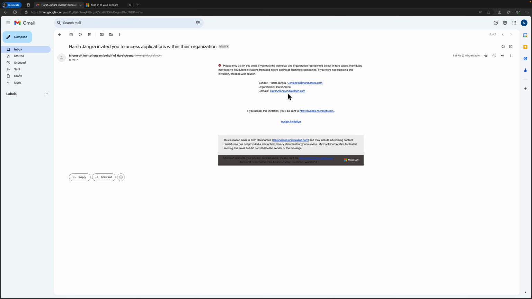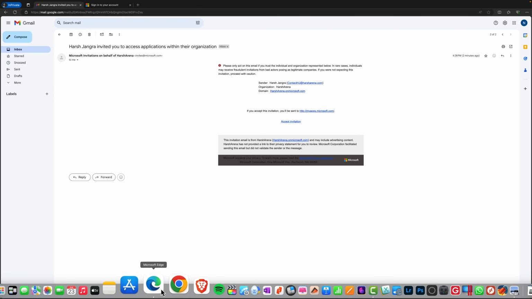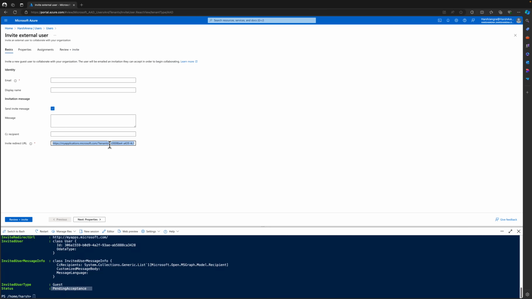So guys, keep in mind you have to have this tenant ID configured while you are creating or inviting the user. Otherwise, without this tenant ID, you will see this kind of trouble. Got it? So make sure you follow this, and after that you are able to see all the details